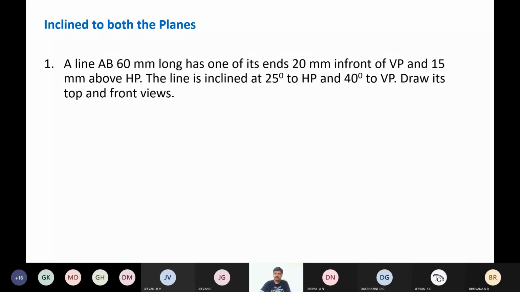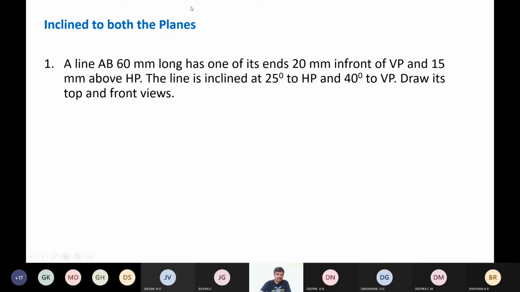That means if we make it parallel to a plane of projection, then we are going to get the true length. So here it is all about the construction procedure. If you become familiar with the construction procedure by making use of the given data, you can easily solve problems related to projection of lines. So I will explain the concept directly by considering a problem. I already shared a video. If you have not yet watched, you can watch it later and understand the concept.